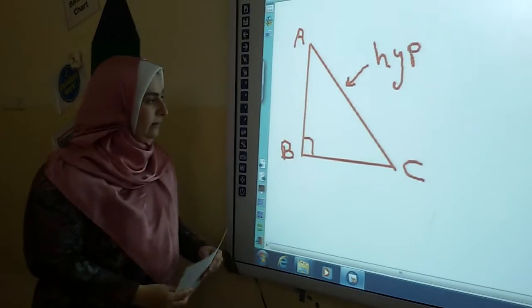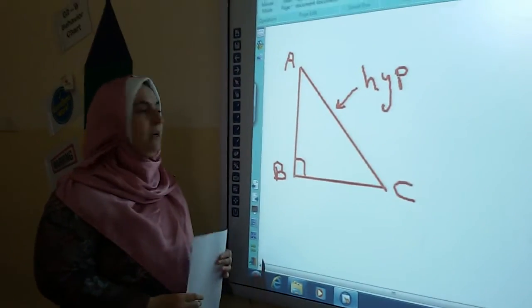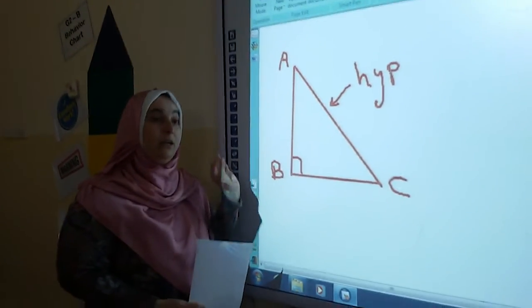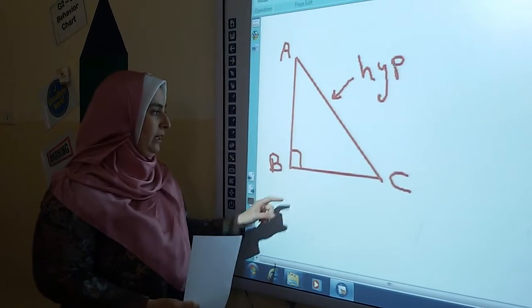When I'm going to get the similarity, I must write the vertices of the triangle exactly